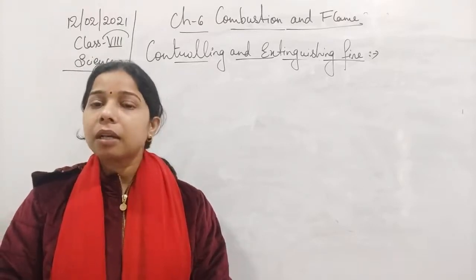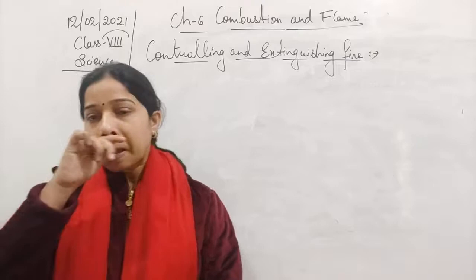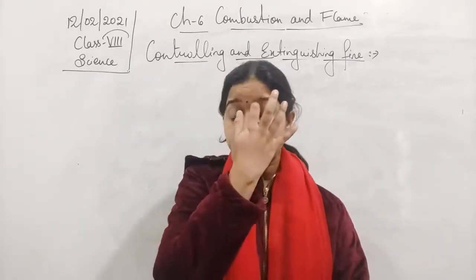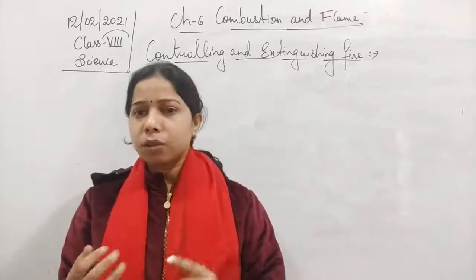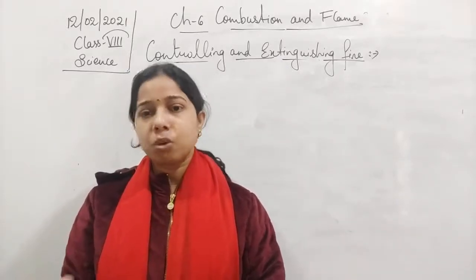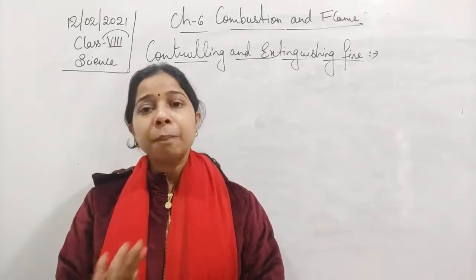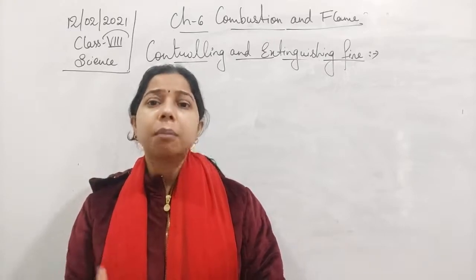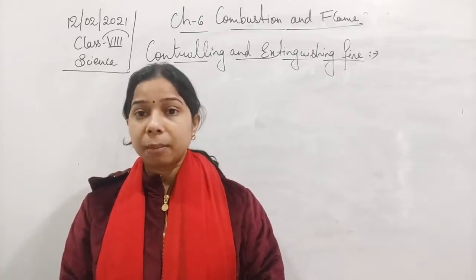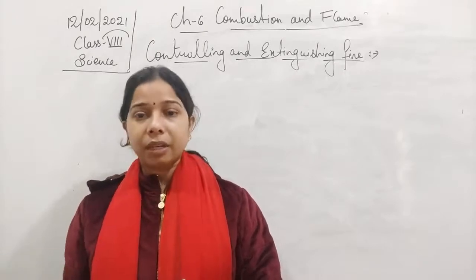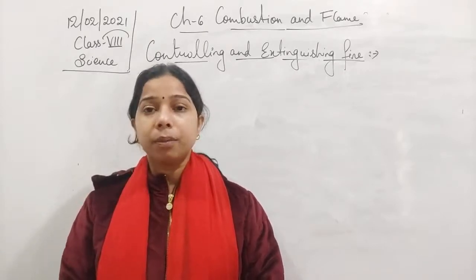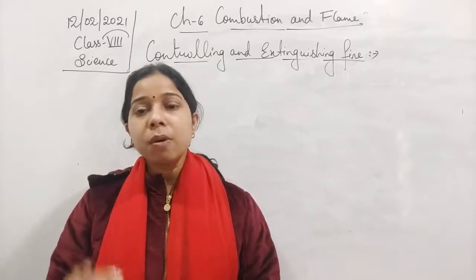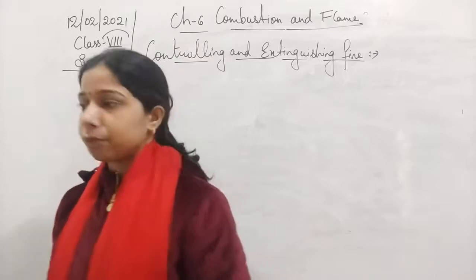The reason you know for a cause of a fire is the supply of oxygen. So if our oxygen is in sufficient amount, then what will happen? Then the fire will occur. So if the oxygen supply is cut off, then obviously the fire will be extinguished. The second thing, students, is that it should reach the ignition temperature. Anything burns when it reaches the ignition temperature. So if we lower the temperature, that is also a very good thing for extinguishing fire. By applying water and so on, we are able to lower the temperature.